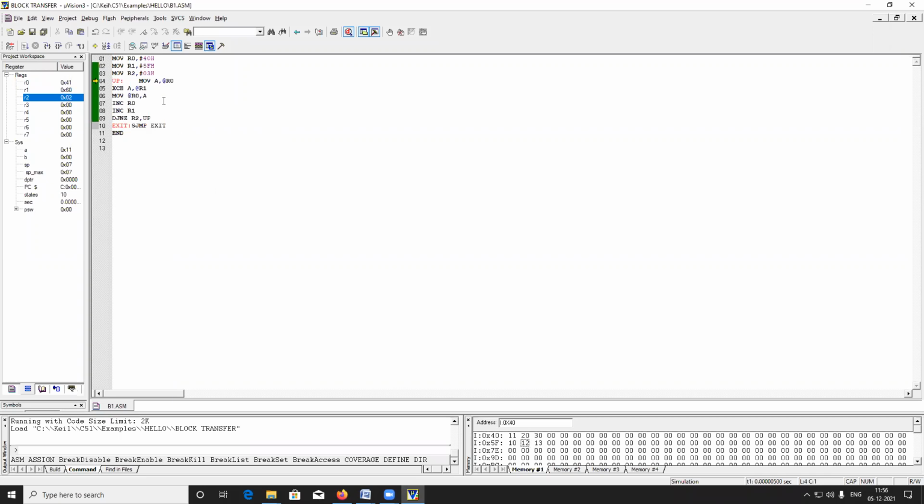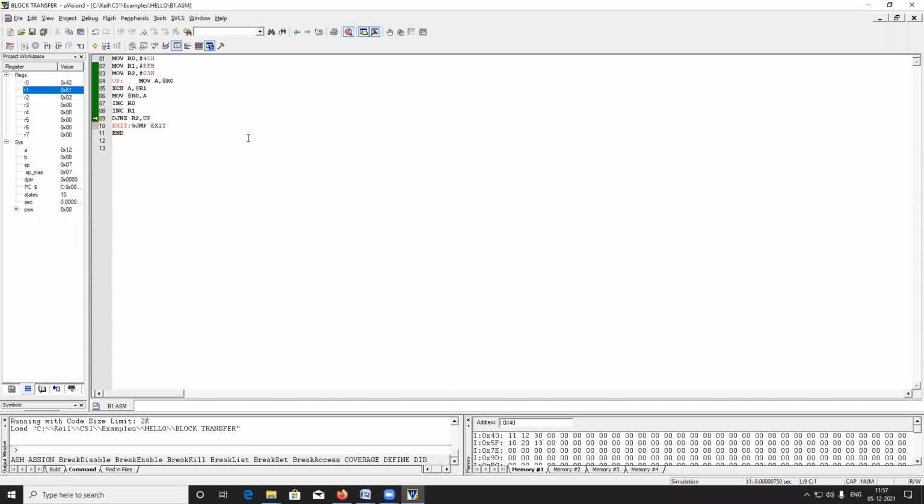So you have to exchange between these three lines. First, the accumulator contains the value 20. This is replaced with the 60, and then this 12 value comes to R0. So 12 will come to R0, which means 40 will come to R0. Then you have to increment R0, it becomes 42, then 61.